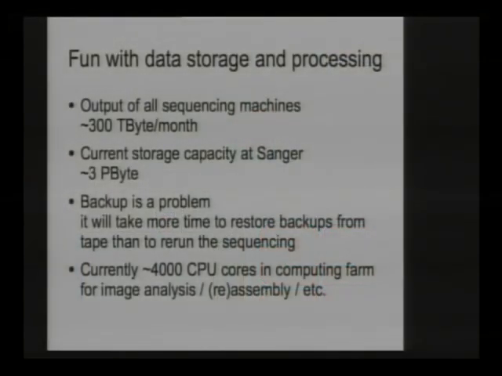Also, this whole analysis is kind of demanding. So just running the image analysis on 4 terabytes per run kind of takes some steam. So we have at the moment about 4,000 CPU cores in the farm, and many of them are used for this image analysis. And then, of course, what do I do with these lines of reads I showed you? This stuff has to run somewhere as well to give me a better picture of what it actually is and what's in there.